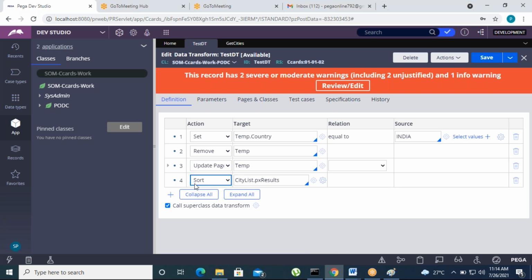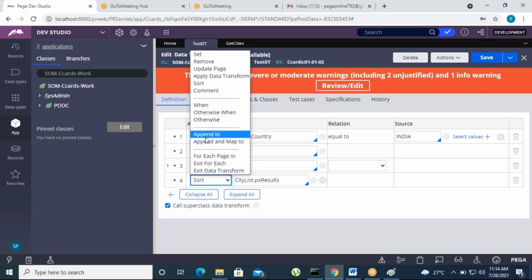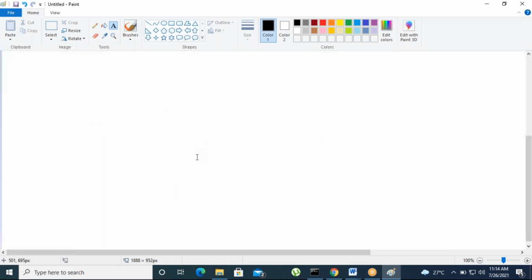So the next concept is appending. What is append to and what is append and map to? What is the difference between them?